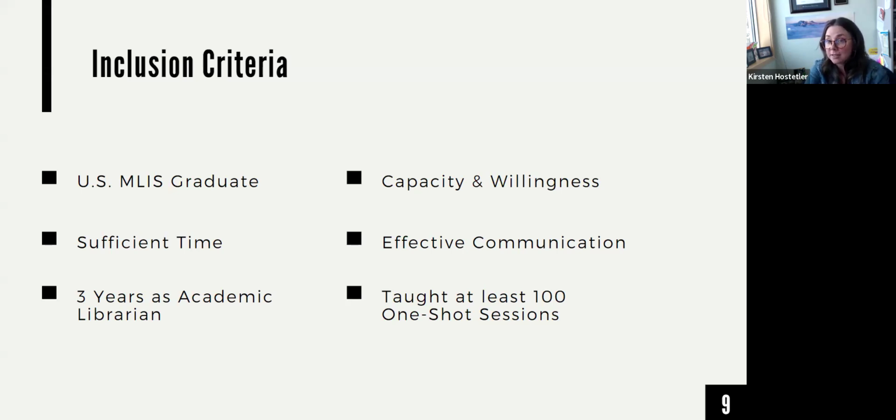and worked at least 3 years in an academic library where they were directly responsible for teaching at least 100 information literacy one-shots in that academic library environment. So of the 39 participants, 14 were eliminated for not meeting that inclusion criteria, which left 25 participants in my initial sample. I didn't collect any other demographic data from my participants because it wasn't really relevant to my data